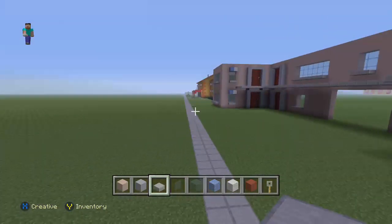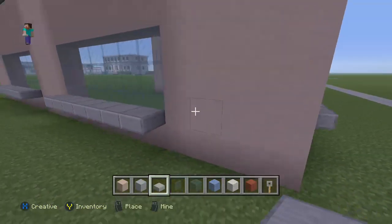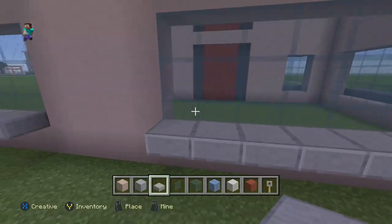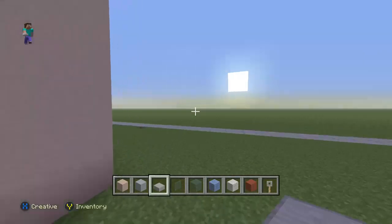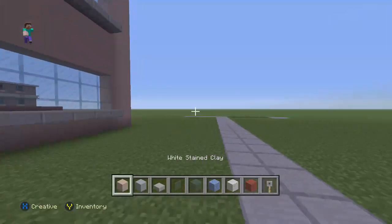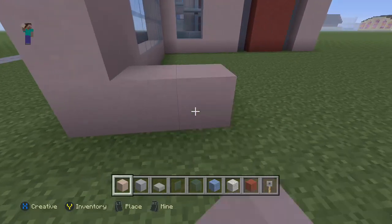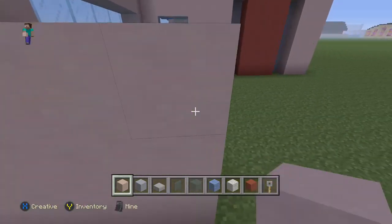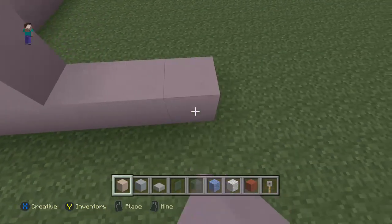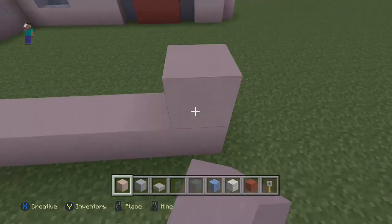And now we need to just make sure that we copy this side completely identical. So we've got 1, 2, 3, 4, then our 7, then 1, 2, 3, 4, then a 7, and our 4 again. So including our block that's already there, we're going to go 1, 2, 3, 4, so we can build this up. And then we're going to go 1, 2, 3, 4, 5, 6, and 7, and then 1, 2,